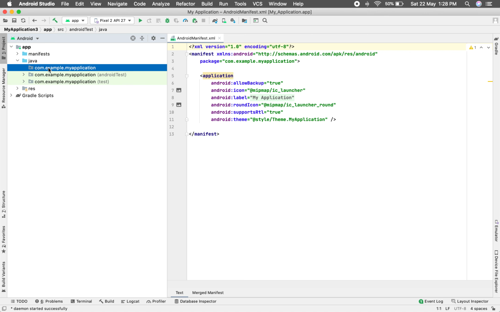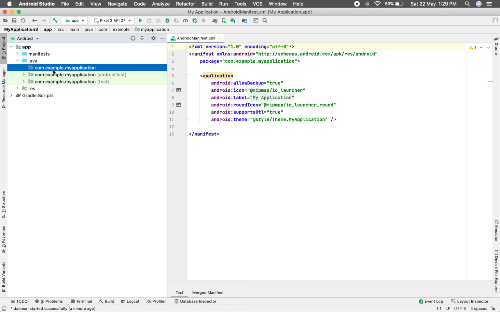In java, you will see the first module which is auto-generated for us, com.example.myapplication, the default name of our application. It's empty right now because we haven't created anything. If you remember, selecting the no activity project tells Android Studio not to create any files for the project.